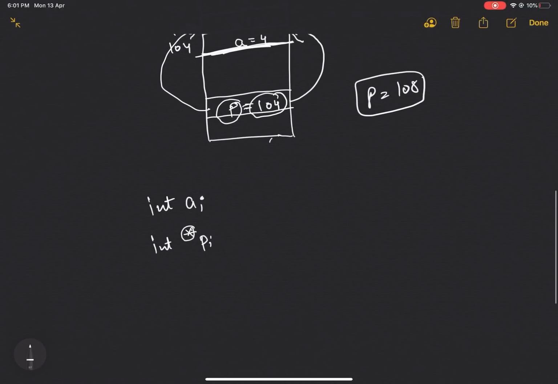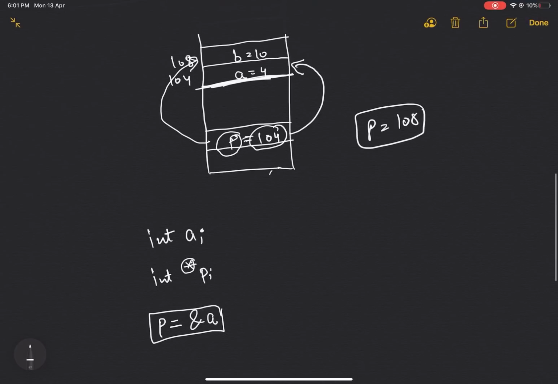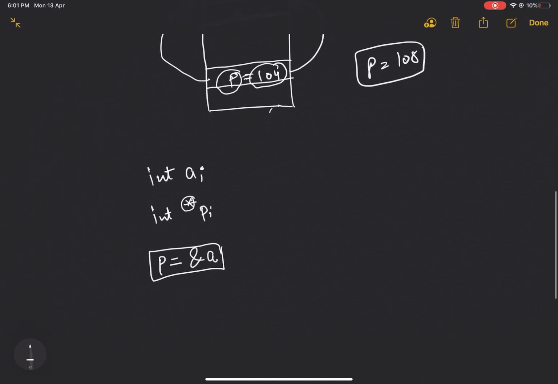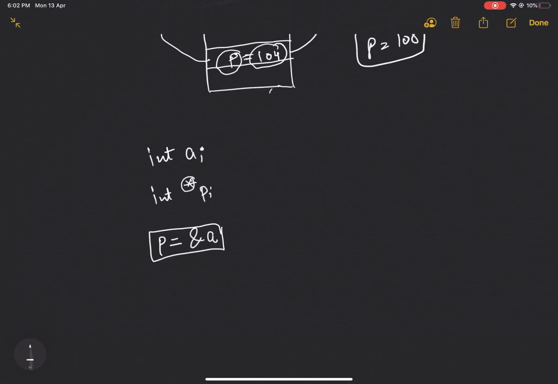And if we want to populate that variable with an address, we simply put an ampersand sign as a prefix to a, and then p will store the address of a, and it also points to a.